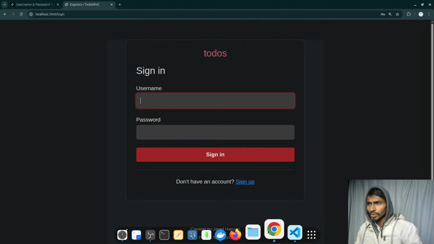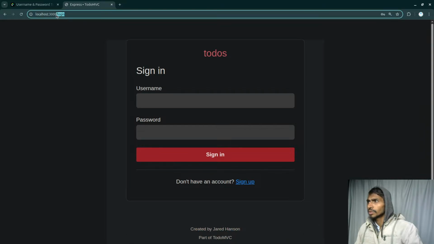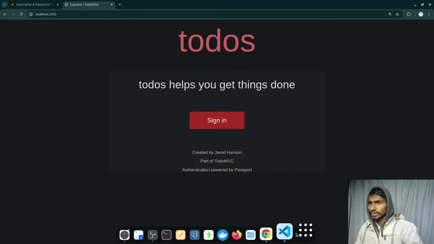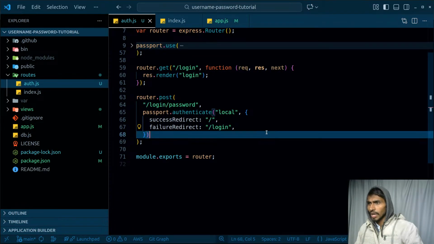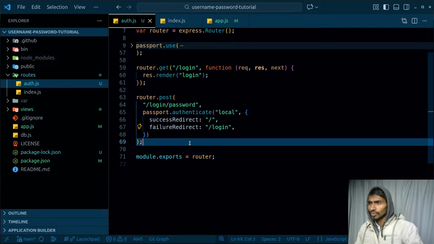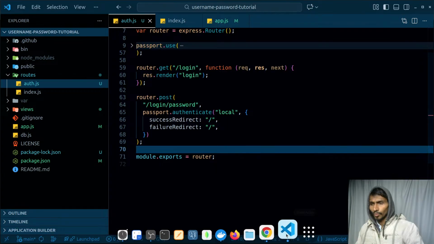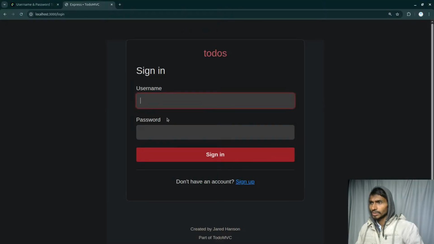What is the home page right now? The home page is just like this. So this is the home page, and I'm redirecting over here if that is success. Otherwise, failure will be login. I think that's the failure, and that is why I'm redirected to the login page. Let's redirect the user to the home page only, even if that's failure. Let's check how it's going. Sign in, and turns out nothing's happening. I mean, nothing at all.